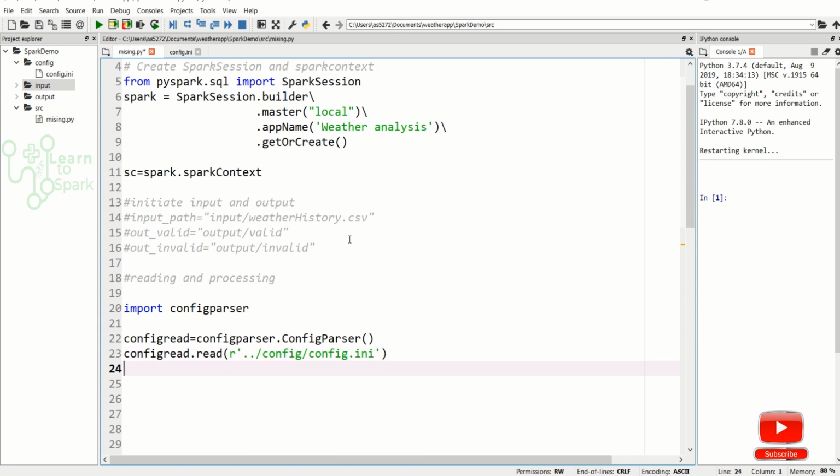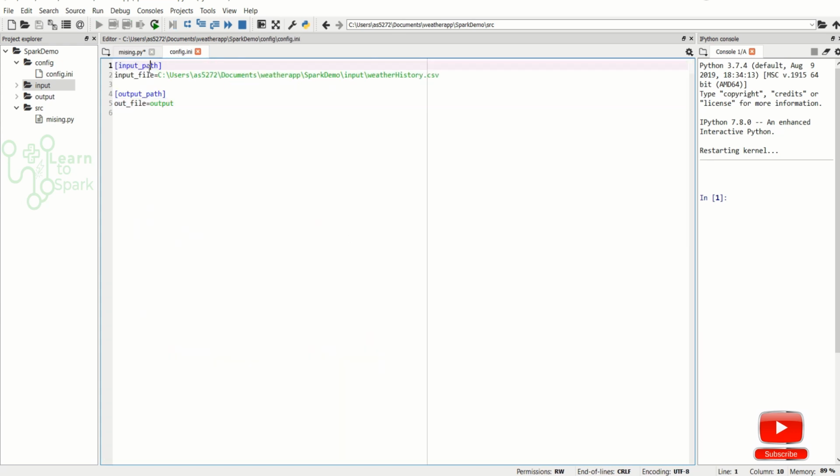Once we have read the file, we have to assign the input variables. So now our input path equals config_read, and here is how we will read the input path from the config file: this will act as a key and this will act as a value.